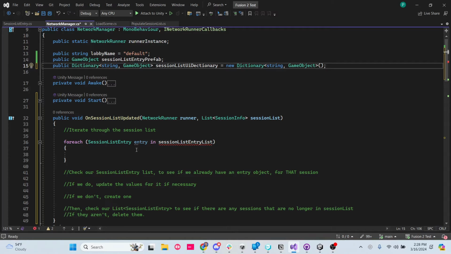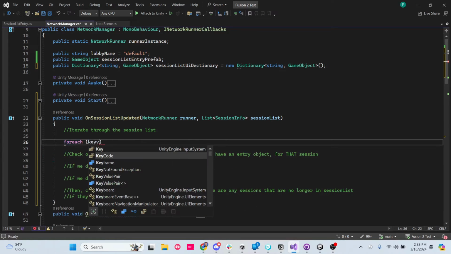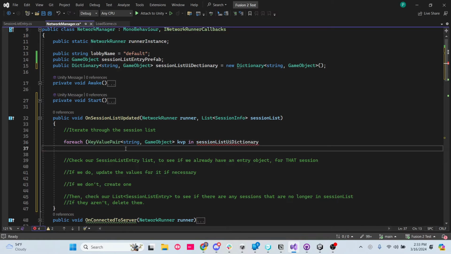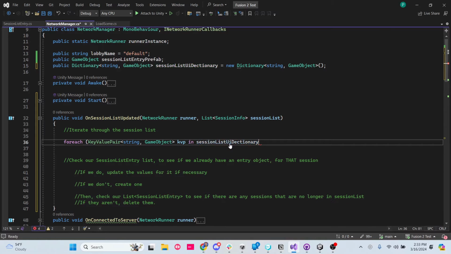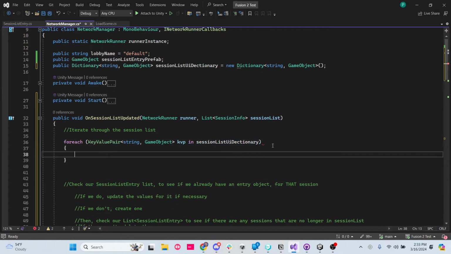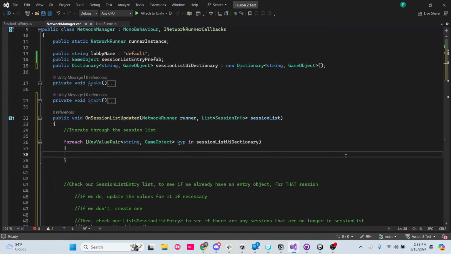So, how do I iterate through a dictionary? So it should be something like for each key value pair in not session list, but session list UI dictionary. Right. Shift enter. What, the name session list UI dictionary, isn't it this? Yeah, shift enter. Okay, parentheses, shift enter. All right. So for each key value pair in session list UI dictionary,